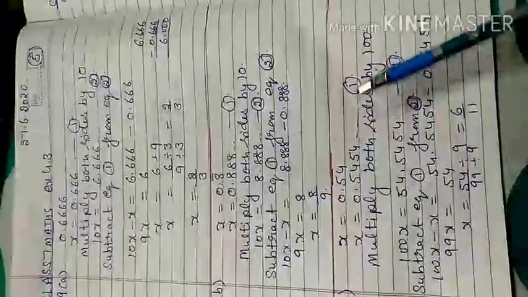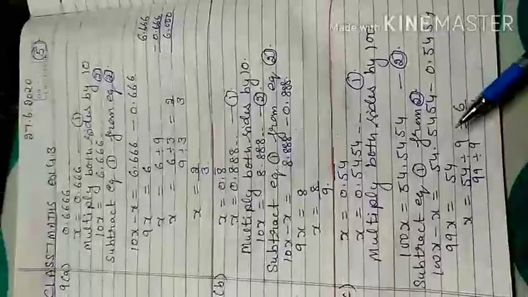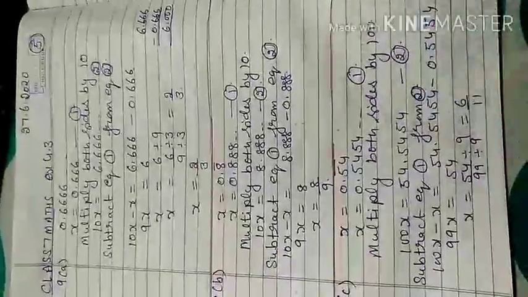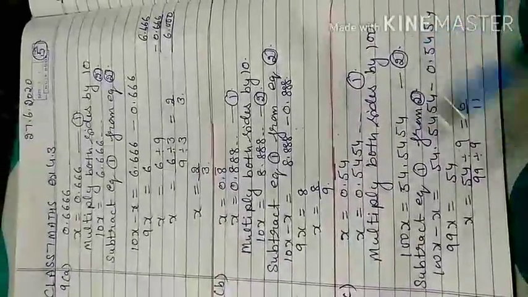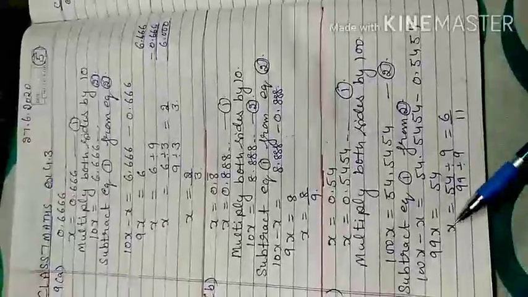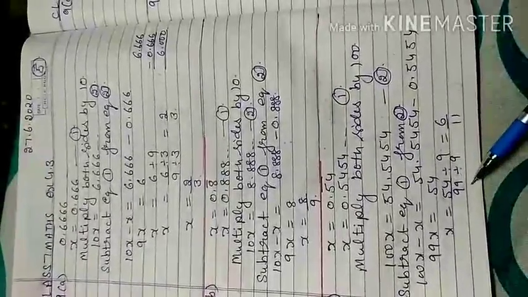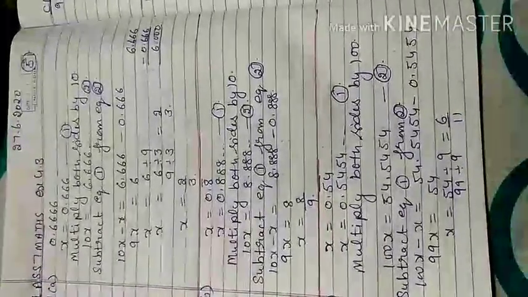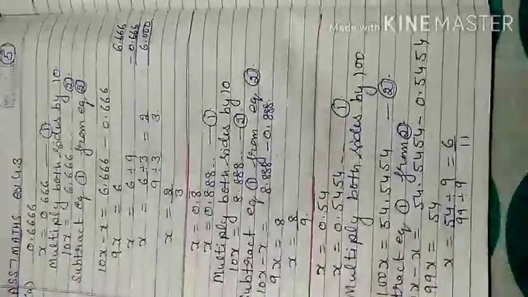54.5454. Because this is repeated, we can write the next 54 to make the same digits after the decimal, to make like decimal numbers. Now after subtraction it gives me 54 by 99. 9 is the HCF, and dividing gives me 6 by 11. 11 is the lowest form.